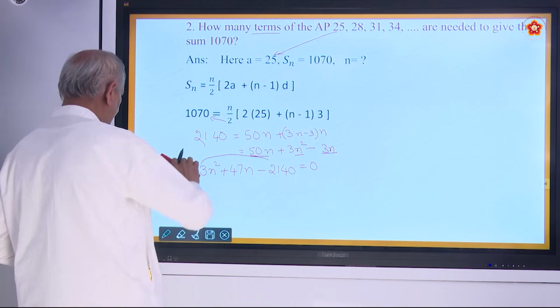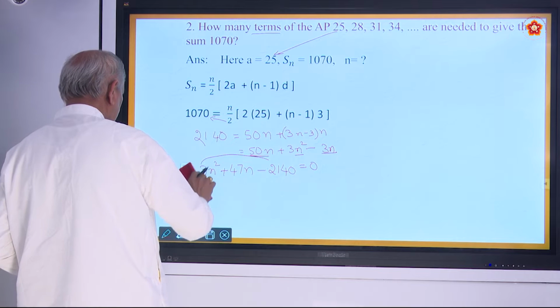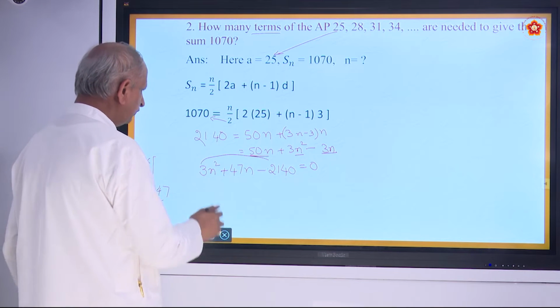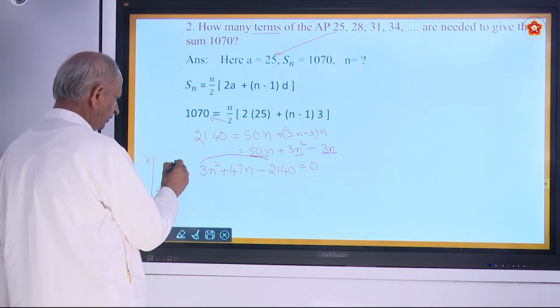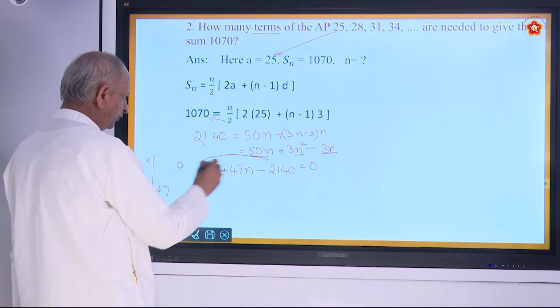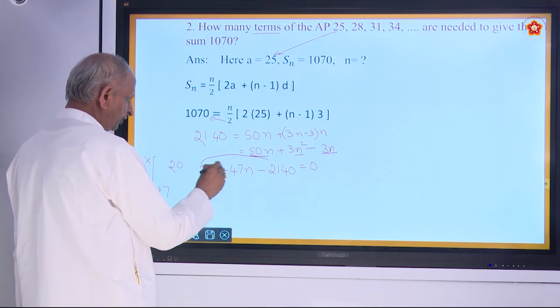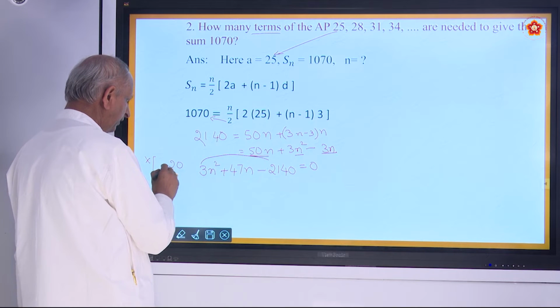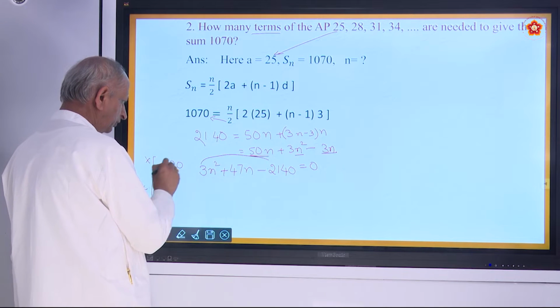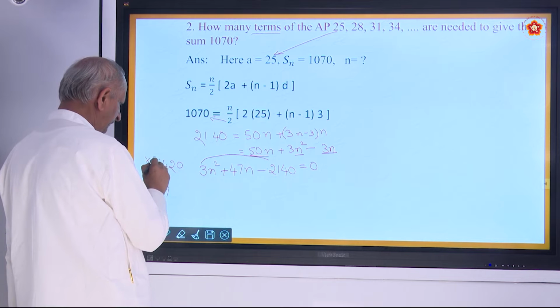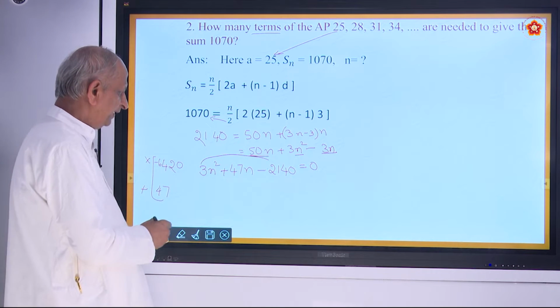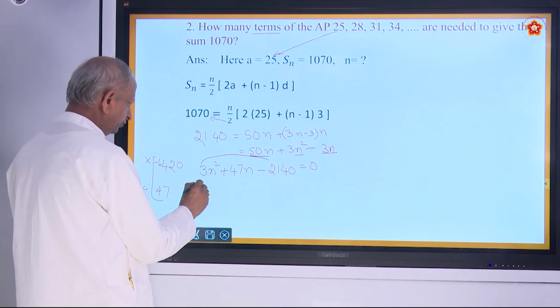Here it will be 210 into 4, and if you find the factors, you will get it as